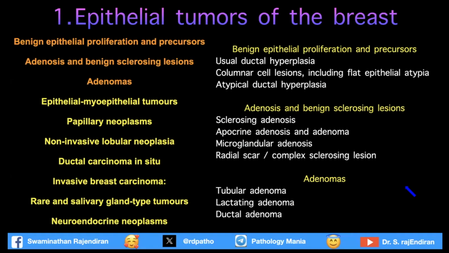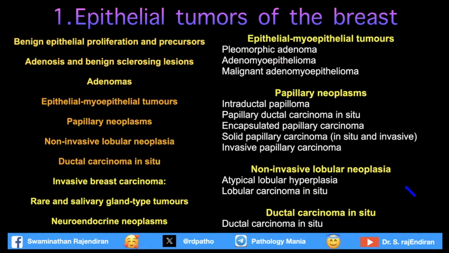And these are all the members of benign epithelial proliferation and precursors, adenosis and benign sclerosing lesions, and adenoma. This is the next step, and you can see the orange letters. These are all the headings of the current slide, and this is the previous slide, and this will be the next slide, so that you can know what are all the major headings,